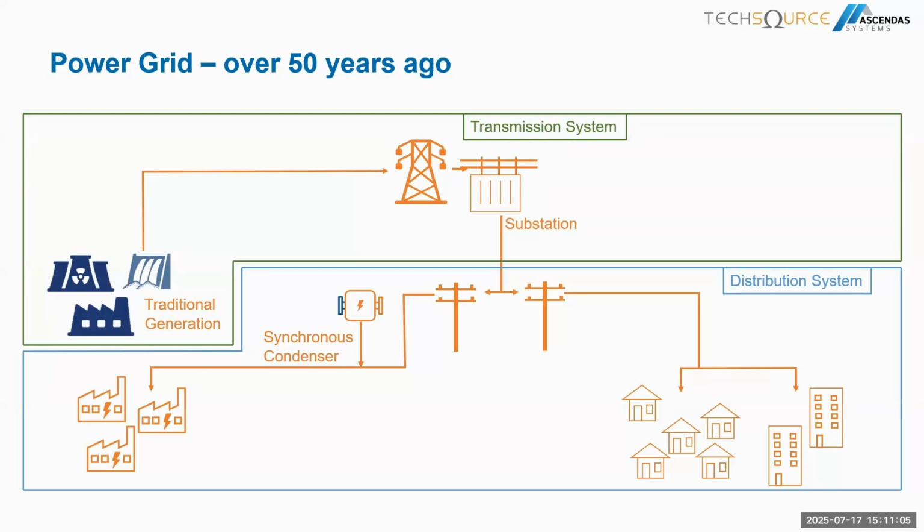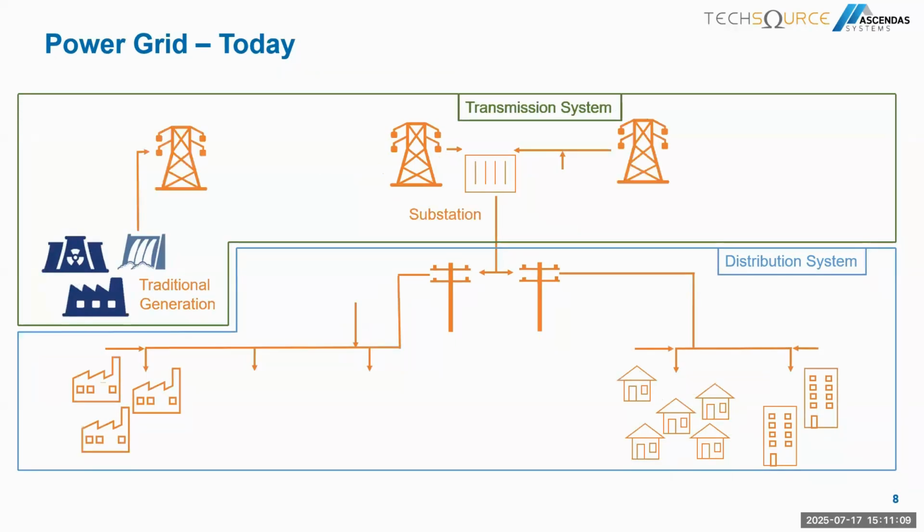But we can see now that there are a lot of changes in the modern grids, and it looks very different from what we have seen previously, with distributed energy resources, inverter-based renewables, for example, and bidirectional power flow, creating more technical challenges to the control. So actually, we can see the emergence of the following components in grid electrification.